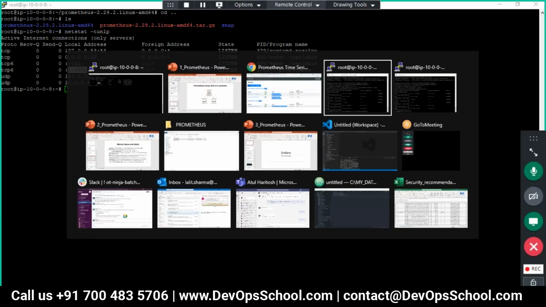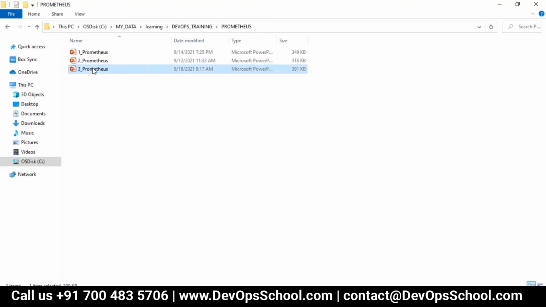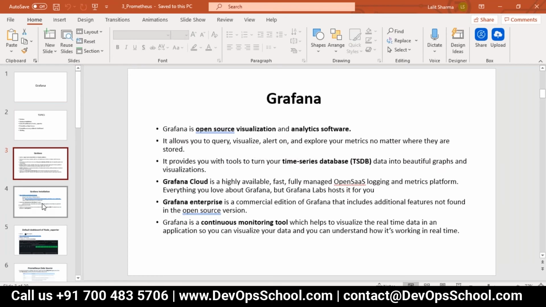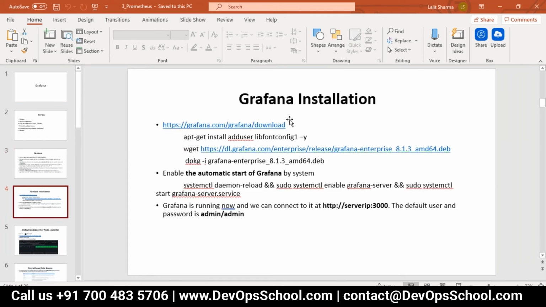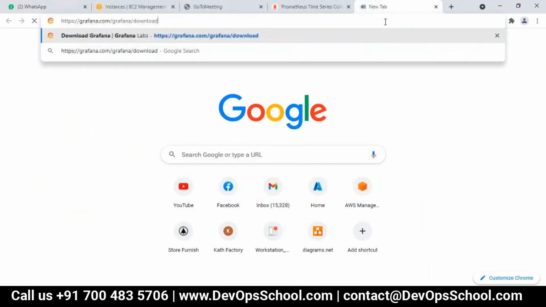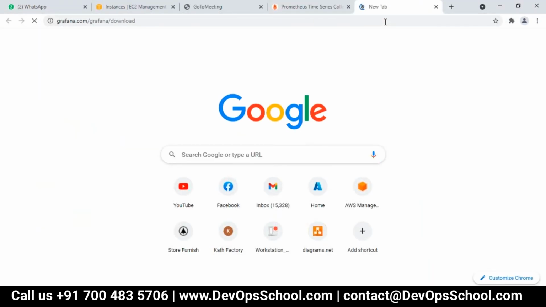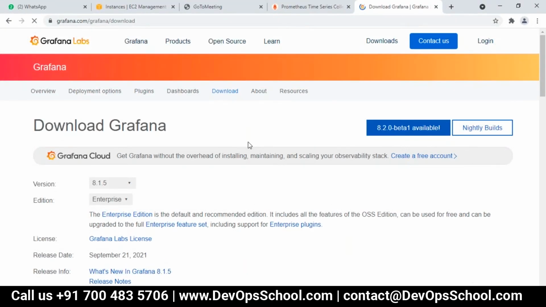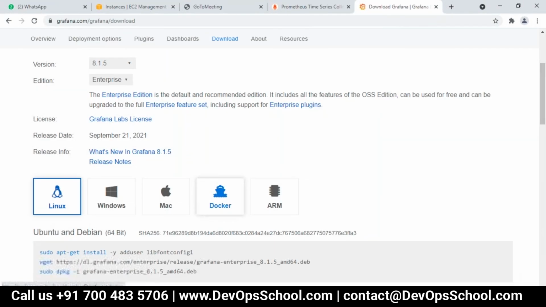So simply, I'm going to install Grafana. This is the official website of Grafana. You must explore this official website. There you will find the default dashboard details and other things. You can download it on a Linux box, Windows, Mac.